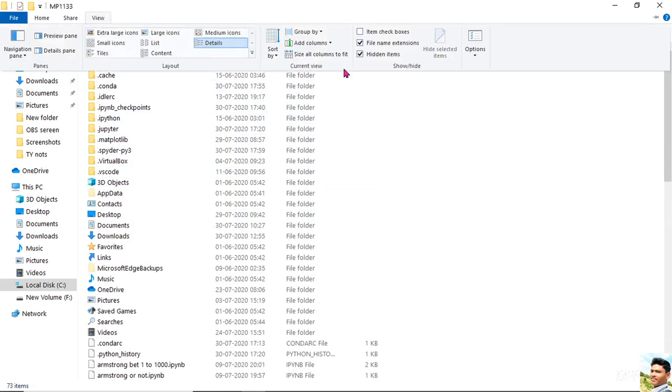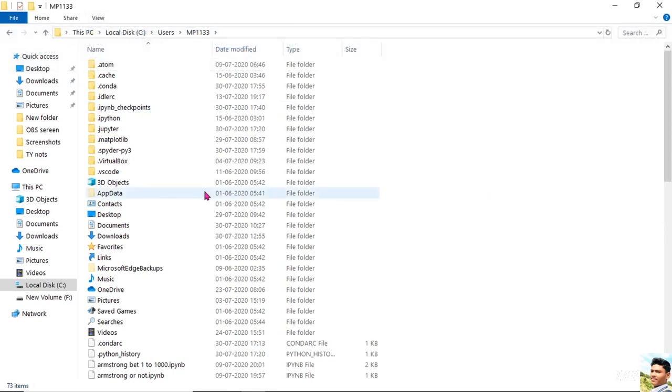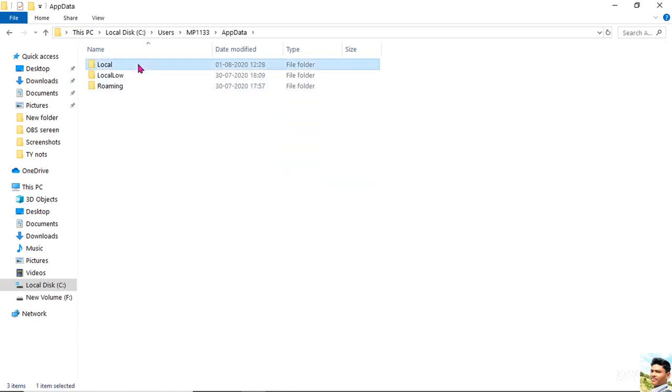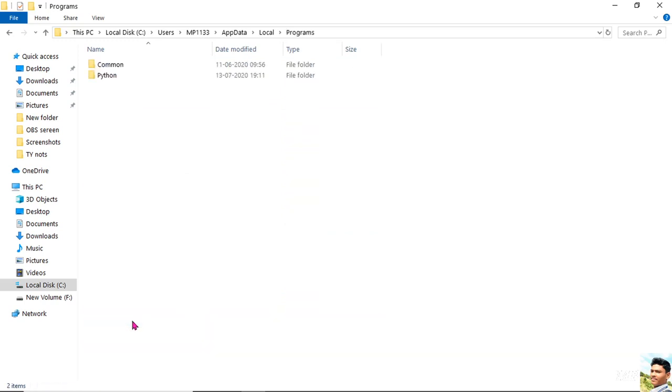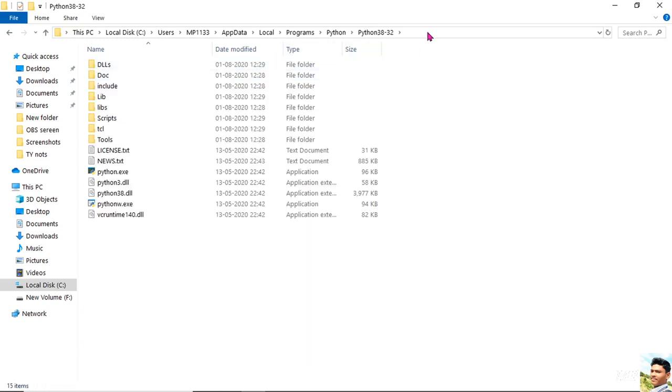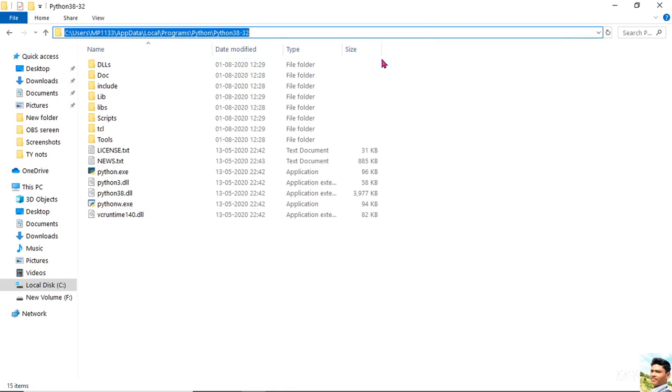After that you get the AppData folder. After that Local, then Programs, then Python 38. This is our default path to set the environment variable.